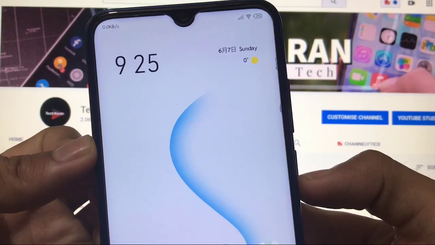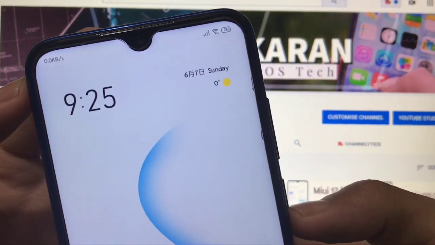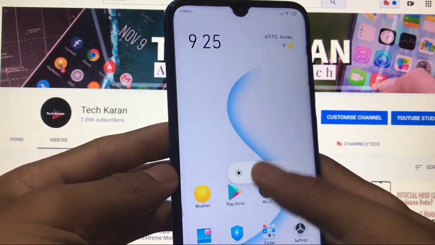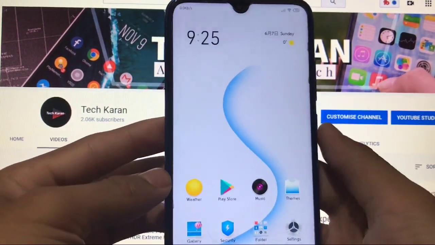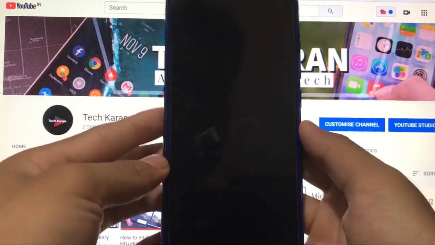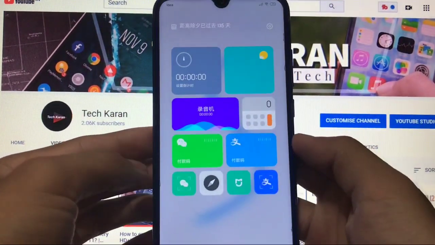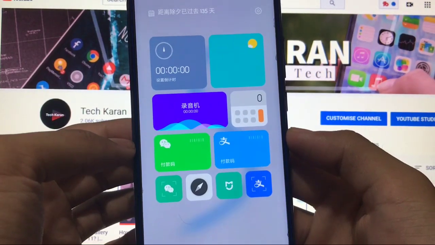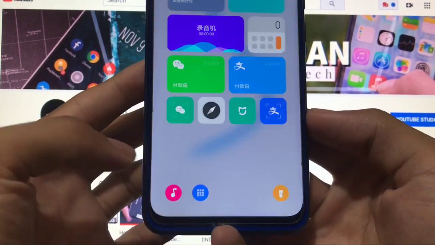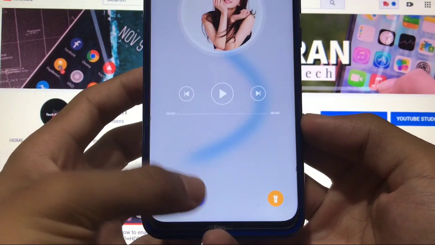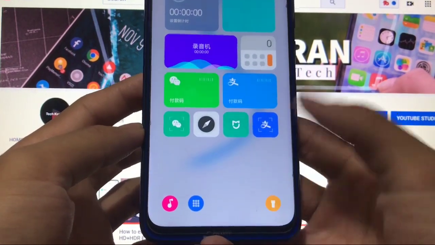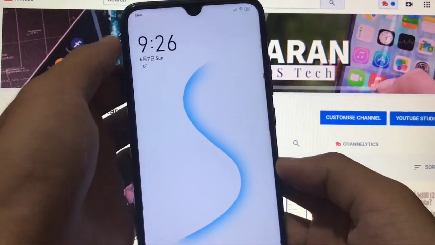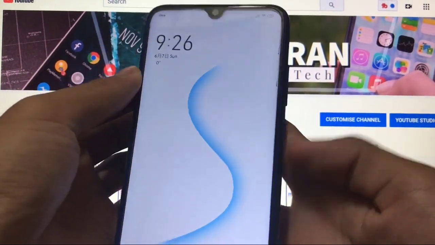The home screen widget looks nice, your status bar icons look good too, and the control center has only a brightness change option, which looks pretty impressive. And when you go to the lock screen, you also get some customization options, like calculator, stopwatch, weather, and some other things. Here you got the option of music and some other things, and here you got a touch option. A little bit of customization options are available in this build too. You can try it out, this looks pretty impressive.